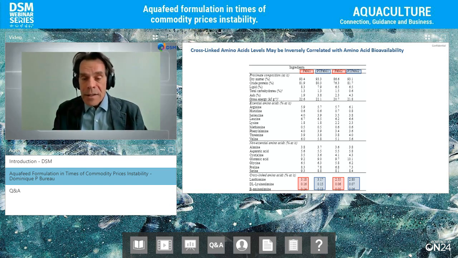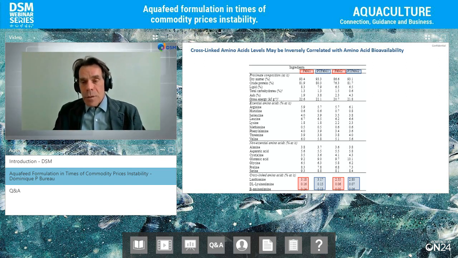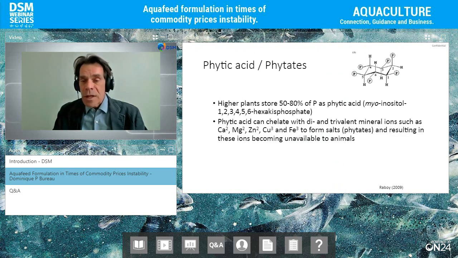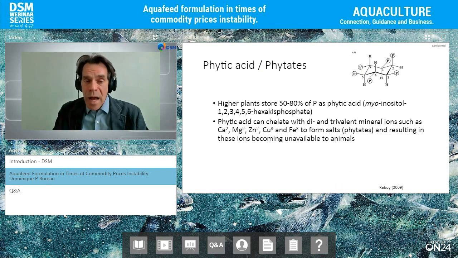So we're investing effort now to determine if we can differentiate between ingredients of different quality using cross-link amino acids as a marker. Now, I mentioned there's a cross-link between amino acids, but there's also another reaction that may affect the digestibility of protein, or at least the bioavailability of amino acids. One is a reaction with phytic acid. As we're using cheaper ingredients, we may actually rely on protein sources that contain more phytic acid and more anti-nutritional factors.